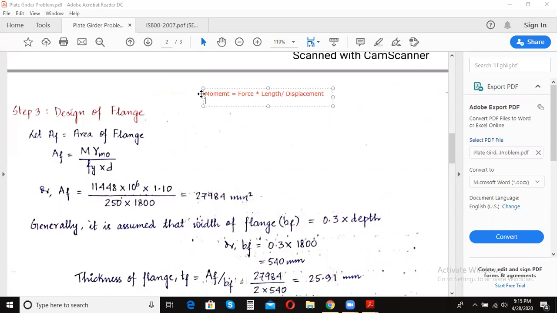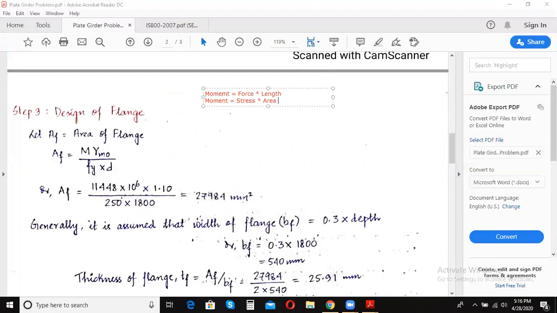What we are doing is modifying this formula as moment is equal to stress into area, because force is nothing but stress into area. This is either length or dimension or displacement.